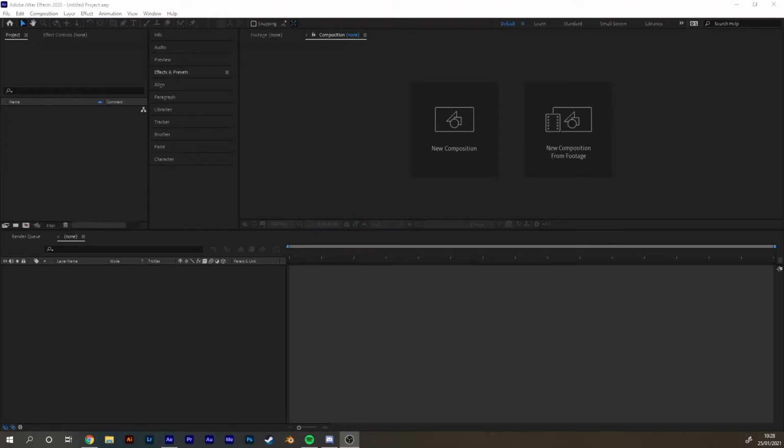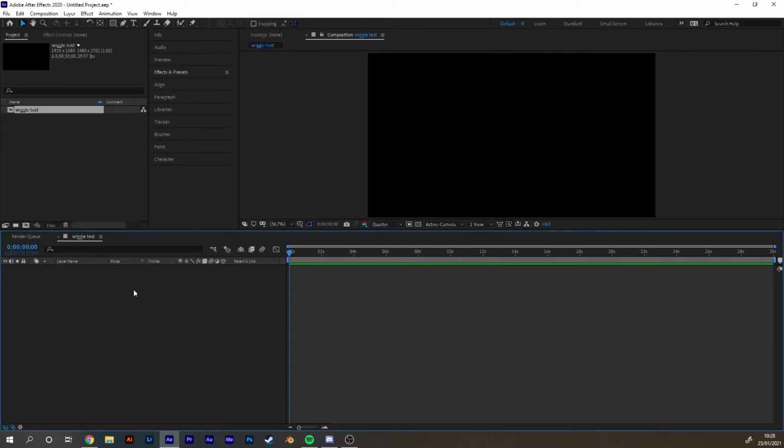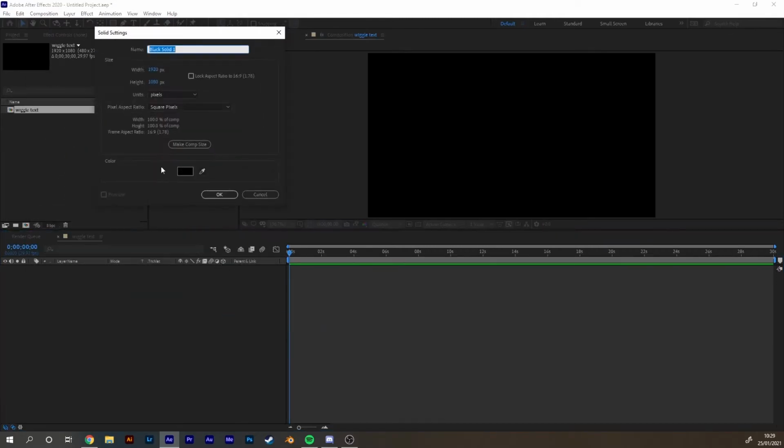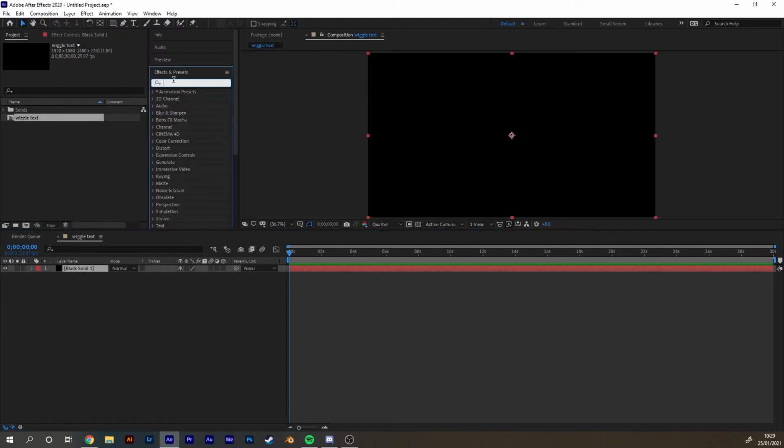So on a brand new project, create a new composition. I'm going to call mine wiggle text. Let's hit OK, and then down the bottom here, create a new black solid. If it's not black by default, you can change it here. Let's hit OK. And then under effects and presets, let's add some fractal noise